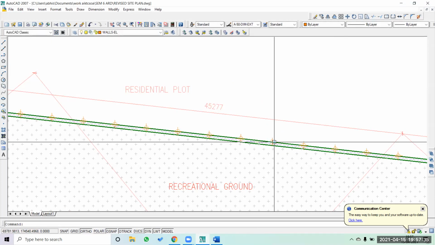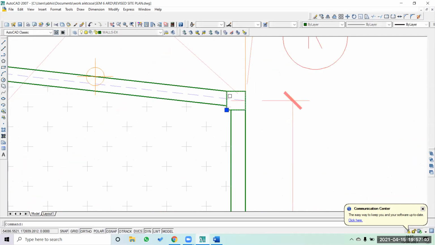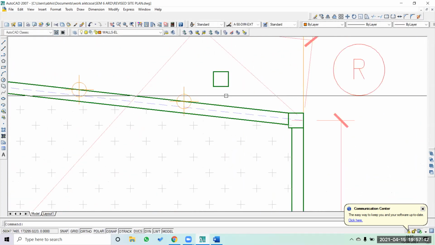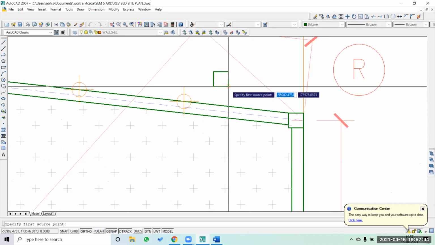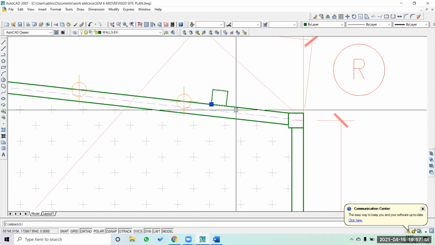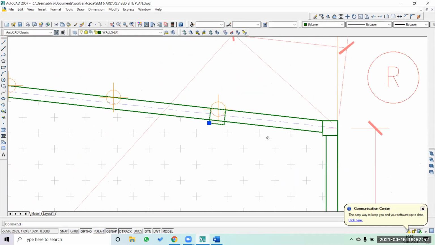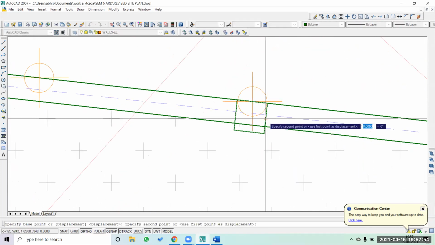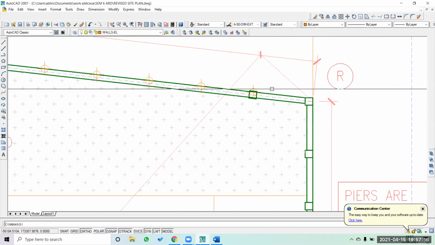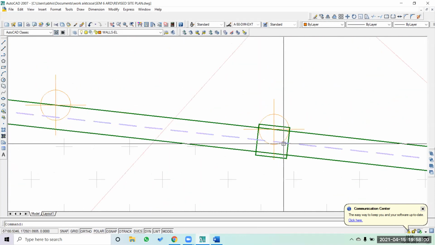I'll go back to 14. Now, because the line is at an angle, I first have to align the column or the pier which you have. Then simply start copy pasting it. As I said, this particular column or pier has to be shared with the residential building block.